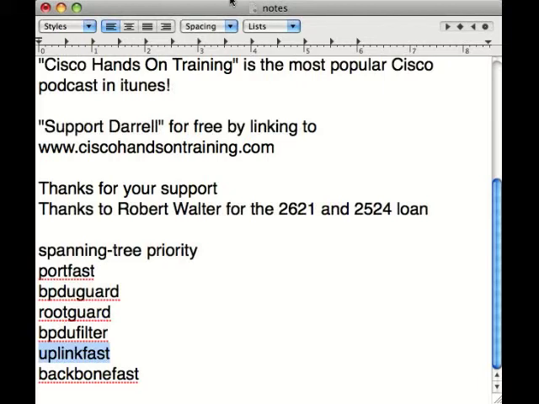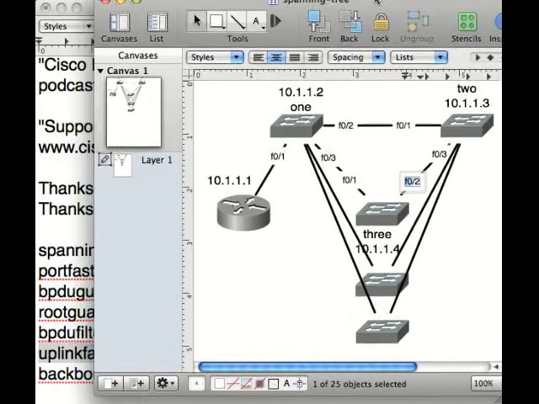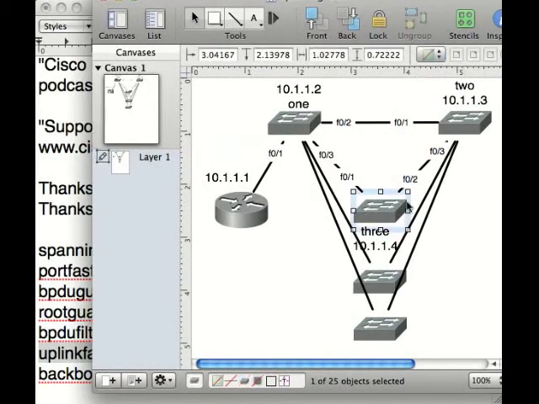What spanning-tree UplinkFast is designed to do is it is on access switches that are never intended to become root bridges. You generally have two uplinks. One is primary and one is blocked. One is forwarding and one is blocked. Well, if this one goes physically down, and the only other port that this switch ever received BPDUs on is this port, then why couldn't this switch immediately start forwarding on the other port? Normally it would wait, listening, learning, and then forward. You take a very long outage, right? Well, let's